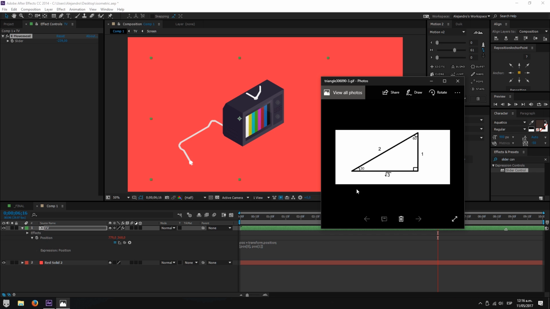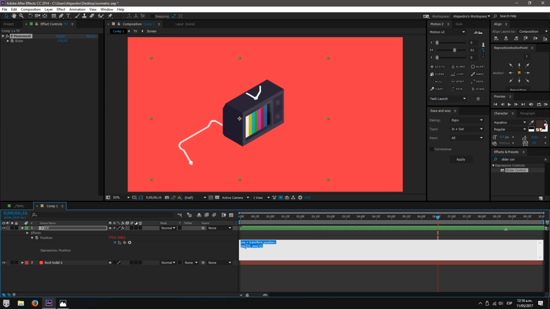What this triangle is telling us is that for every 1 unit that we are moving in the y-axis, we need to move the square root of 3 on the x-axis to achieve this 30-degree angle movement. So that is exactly what we're going to do. We need to take the value from this slider right here, and apply it, and add it to the x and the y